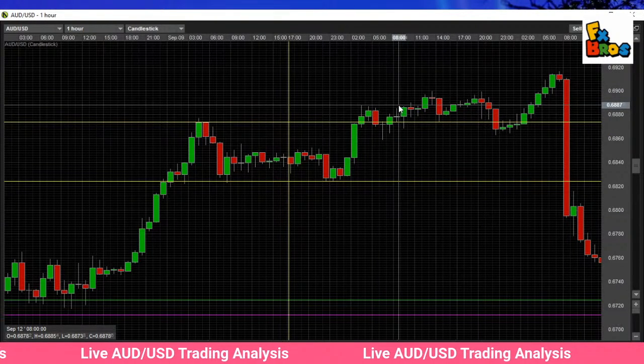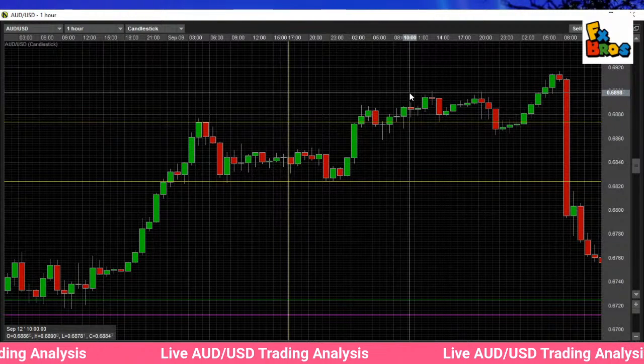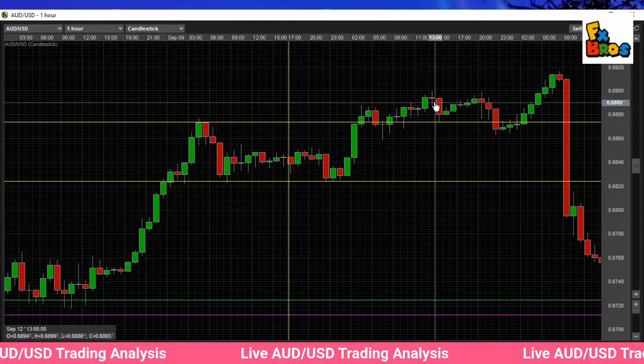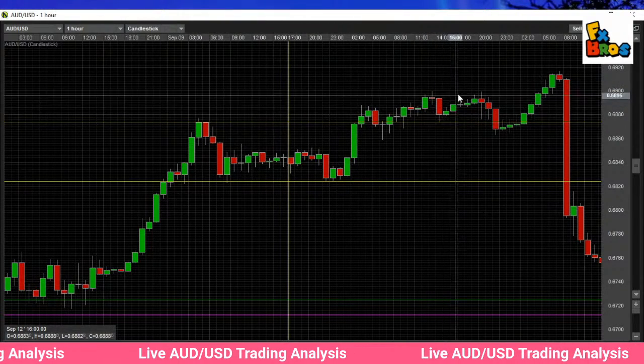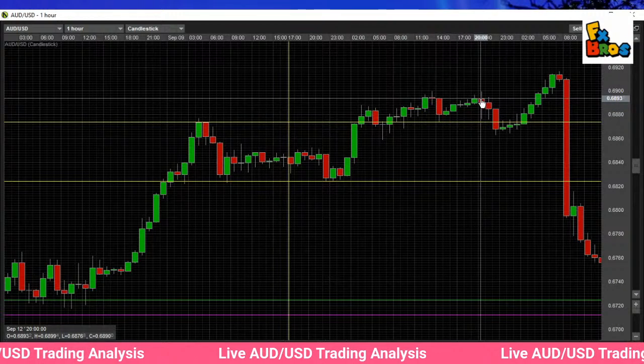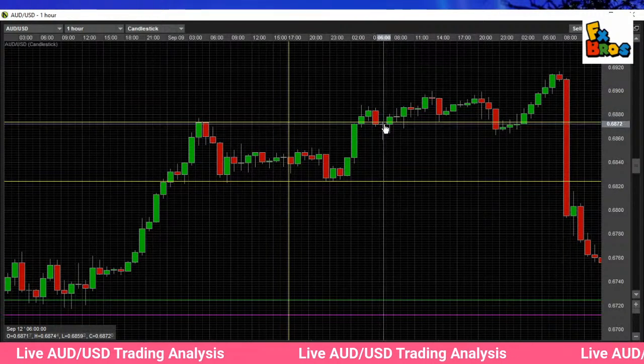And I think it went for more, but nonetheless, barely more. Nonetheless, that was a nice little entry, and you would have been done for the day. Let the market consolidate, let it play off. And as you can see, the market was coming back down to where this new little support was created,